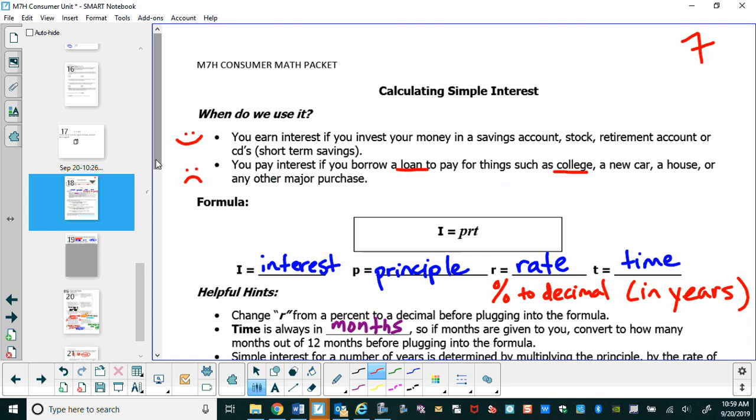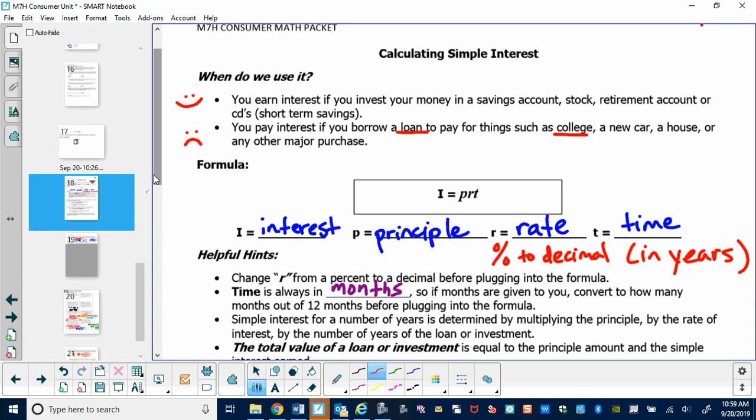Now here we've got I equals PRT as our formula, and the I stands for the amount of interest. Again, interest could be earned or owed. The principal is just the starting amount of money, like the amount of money that you're borrowing from the bank, or the amount of money that you're putting into a savings account. And R is the rate, which is going to be given to you as a percent, but you're going to convert it to a decimal when you plug it into the calculator. And T is for time, and time is always going to be in years. Sometimes instead of having years you'll have months. You never want to use months, you want to use years, okay?